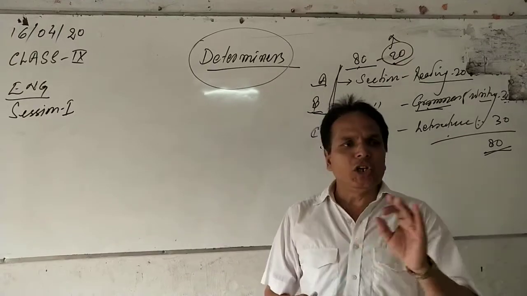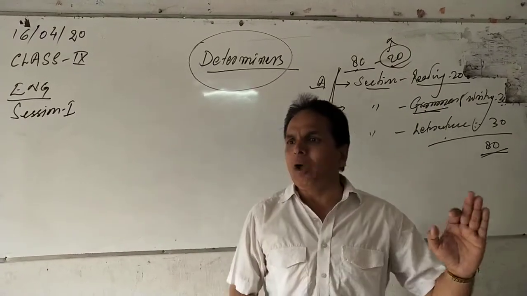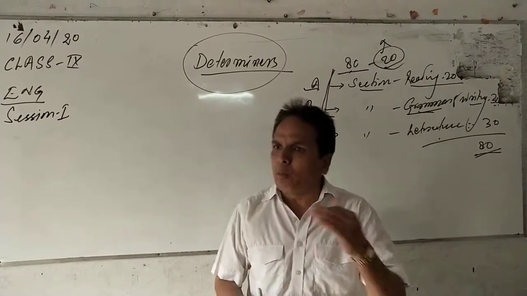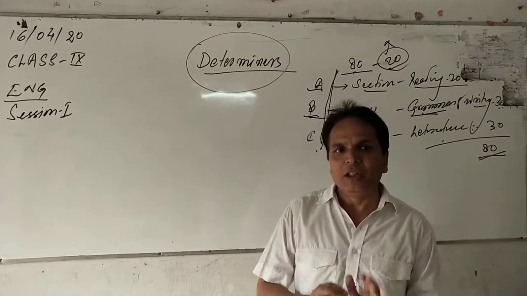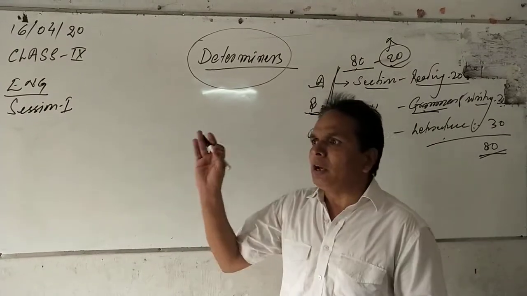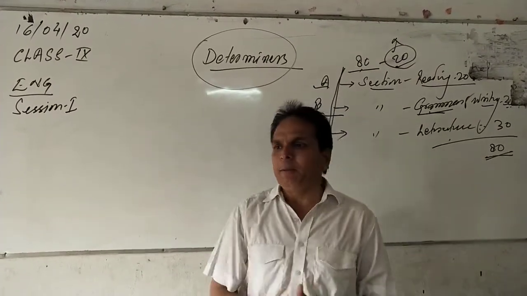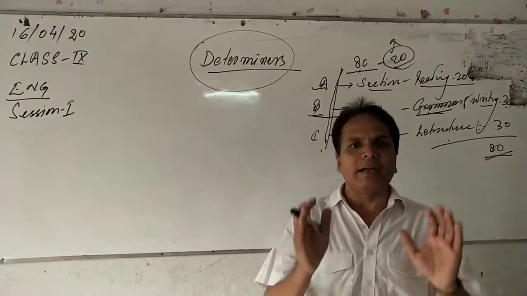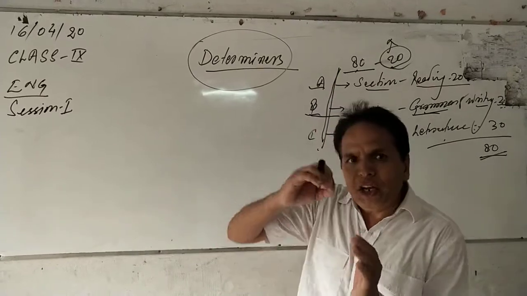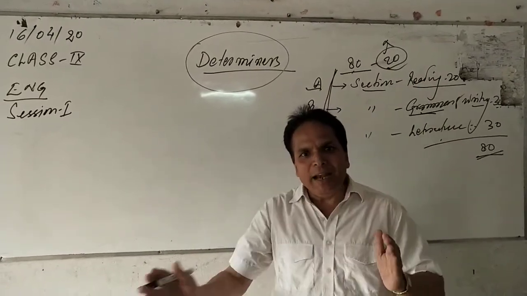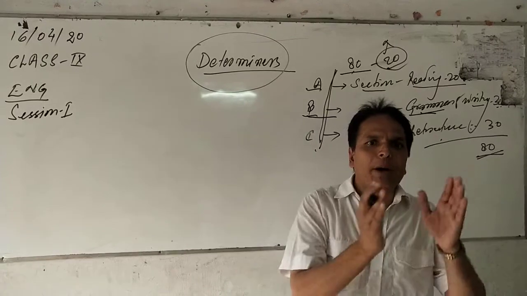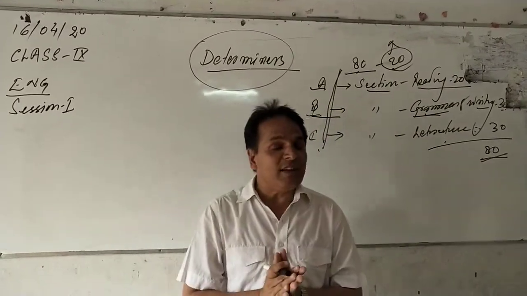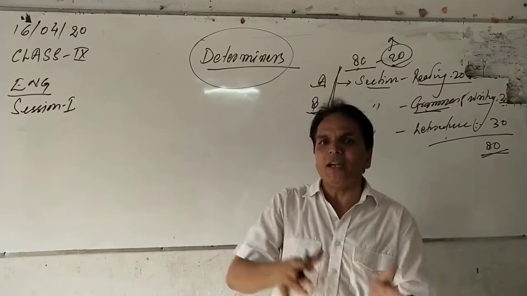Here, a determiner generally comes before the noun and it fixes the noun at a certain level, so the behavior of a determiner is almost like the behavior of an adjective. Therefore it is very clear a determiner is a part of adjective, but the entire adjective cannot be taken under the category of determiner. A certain part of adjective is discriminated and taken out from the adjectives as a determiner. But which part of adjective can be taken out as a determiner?